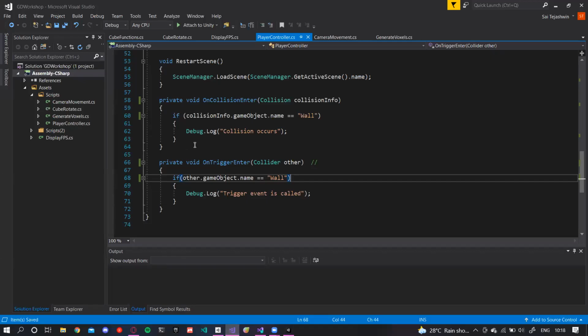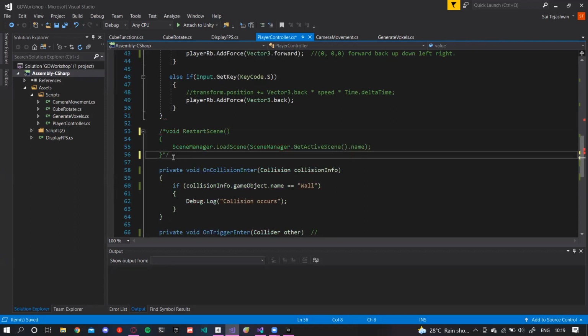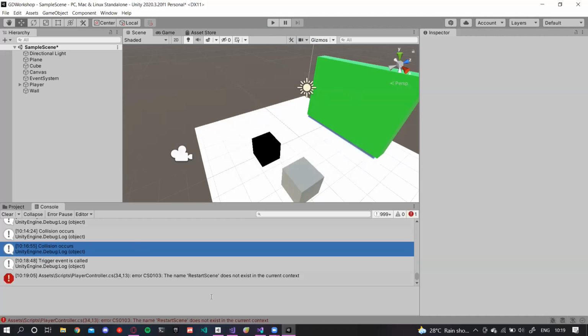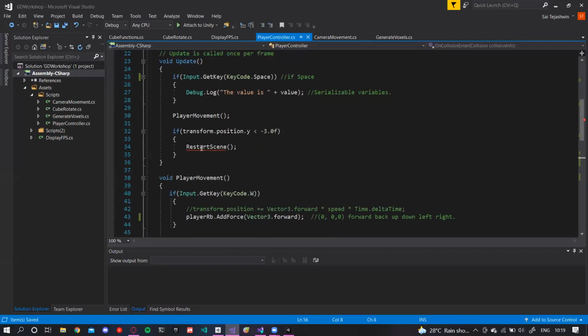Before going to this part, I'm just going to comment out a little bit of code. I've now shown you how collision does not exist in the current context, so you can comment this.